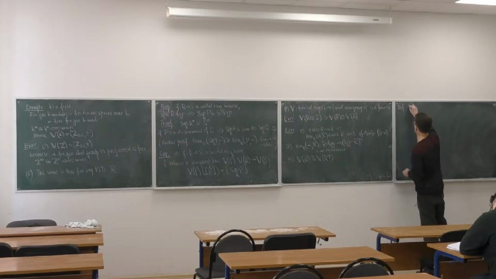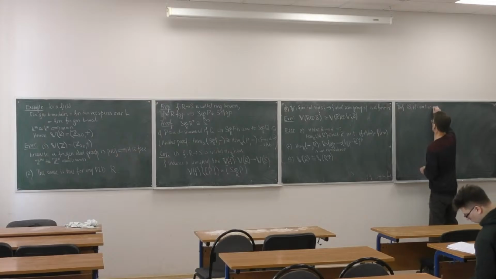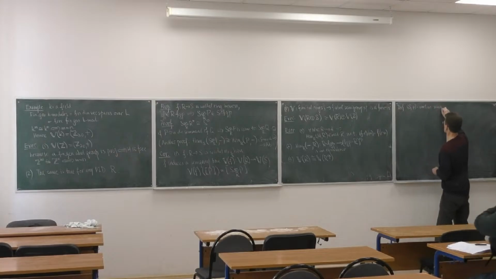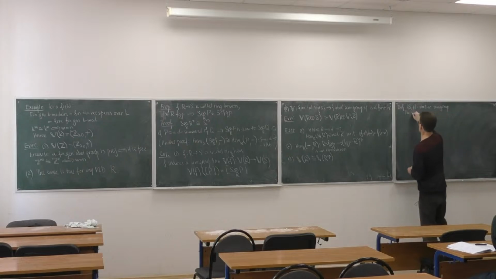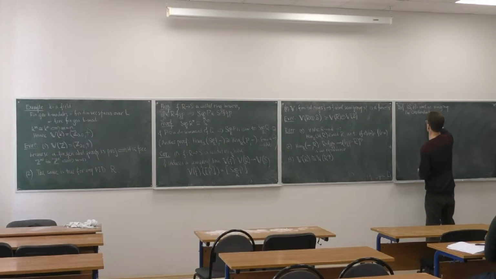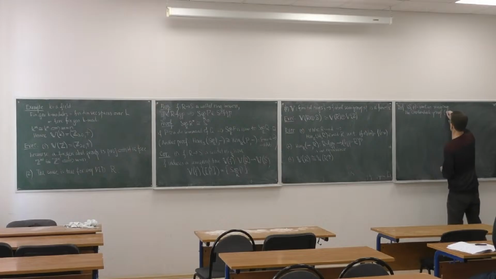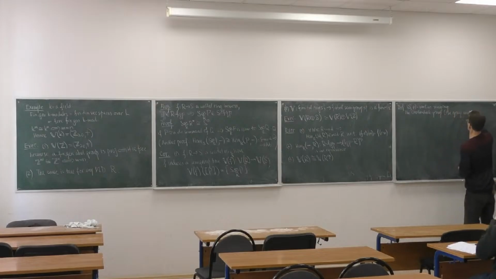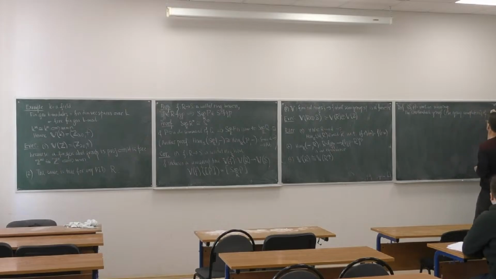Suppose that we have an abelian semigroup S. Then the Grothendieck group or the group completion of S